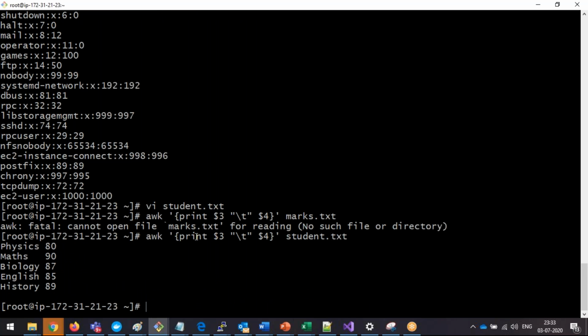Now see, AWK, this is the syntax. AWK, curly braces: it starts with a curly brace, ends with a curly brace, and in between you write your commands. To print anything with AWK, print is the keyword. In Linux we use echo; here it is print. Now dollar is going to represent the value of a column, and